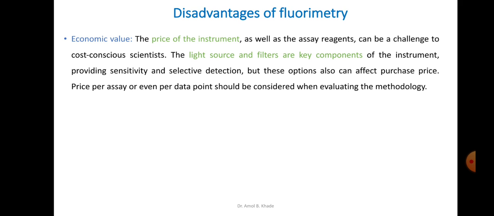So usually the cost of the fluorimeter or the spectrofluorimeter is high as compared to the absorption spectroscopic instruments, but they're sensitive, they're selective. So what kind of samples you want to find out, with what accuracy you want, with what precision you want, with what limit of detection you want to quantify, all those things really matter when you are deciding between UV visible spectroscopy and fluorimetry or fluorescence spectroscopy.